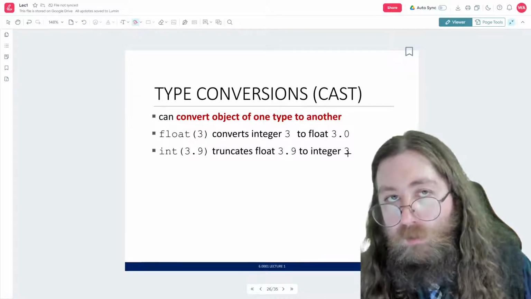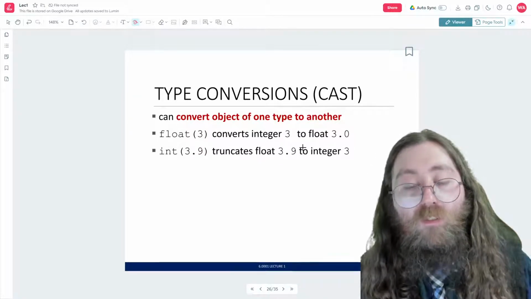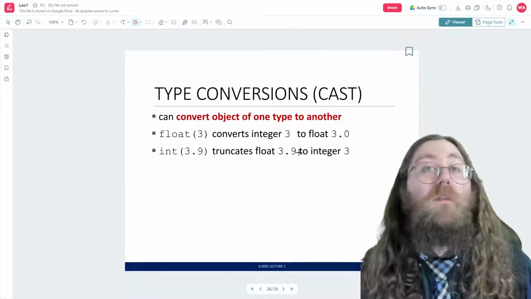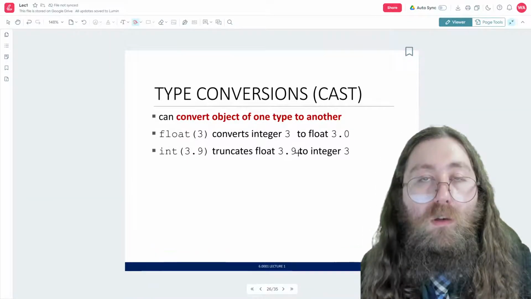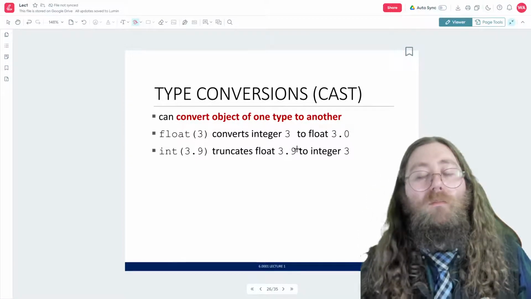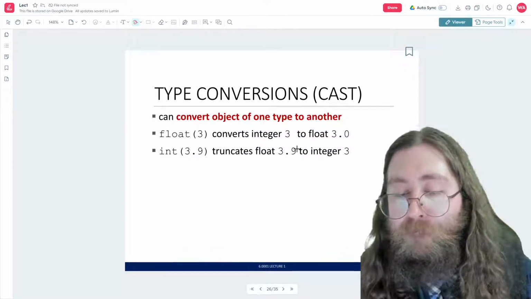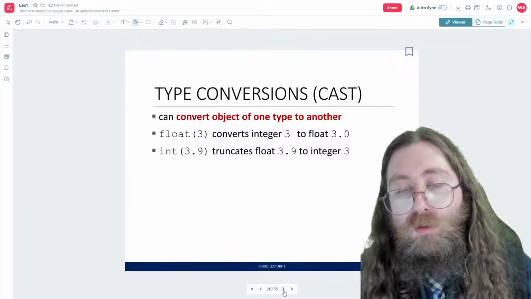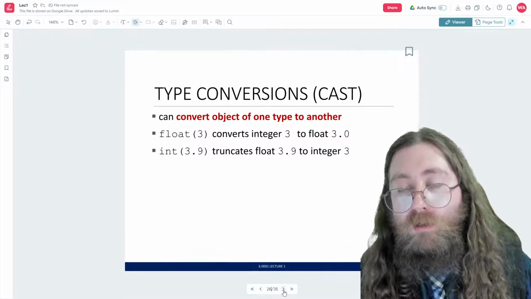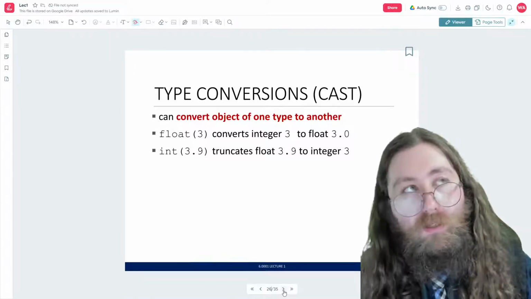This is not rounding. If we were rounding here, we would have taken 3.9 and brought it up to 4, right? This isn't doing that. It's truncating. It is simply cutting off that decimal piece and throwing it in the garbage, okay? So those are two examples of type conversion functions, also known as typecasting.